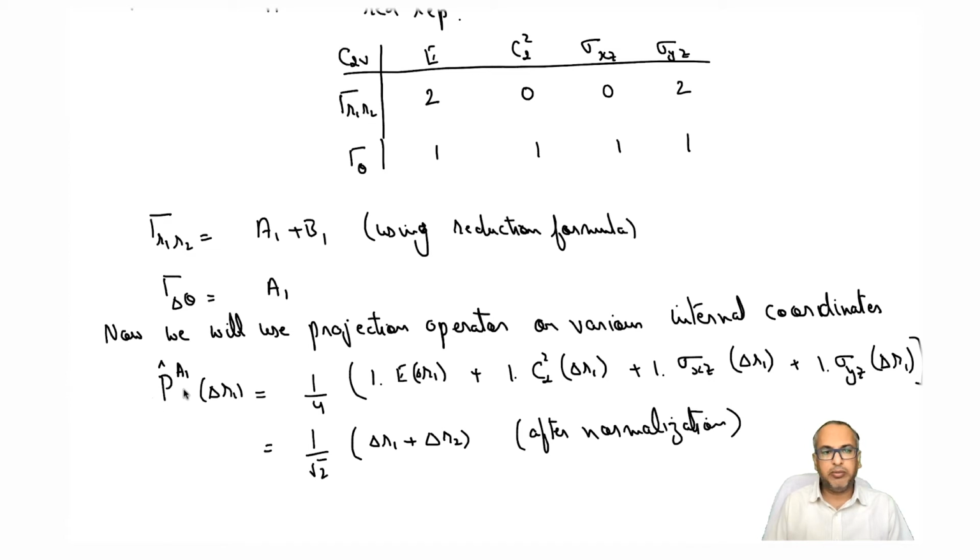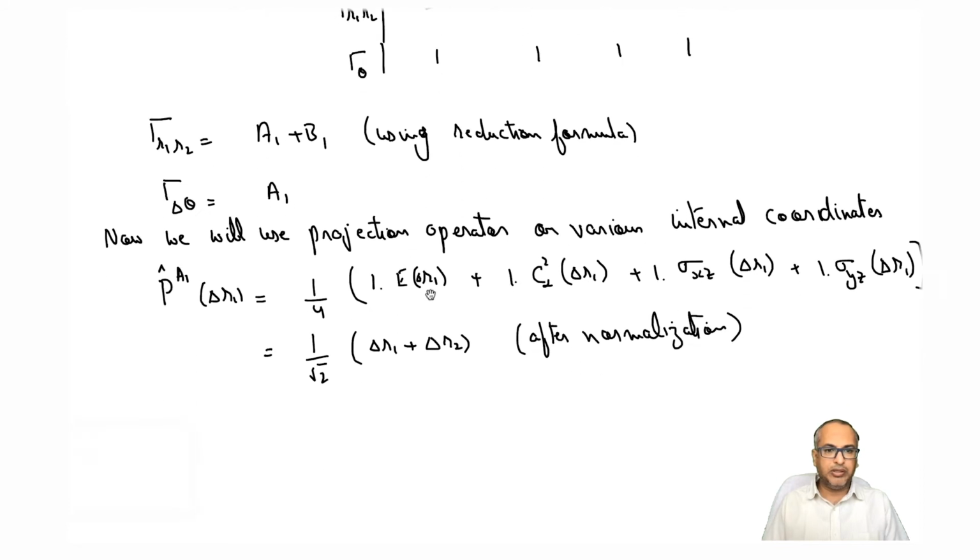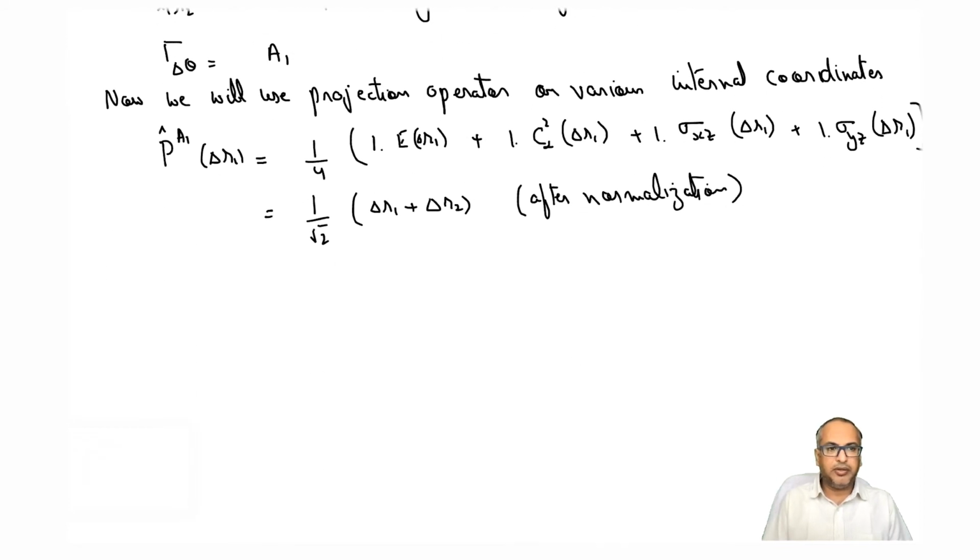See, this is a 1D representation A1. So you will get only one linear combination of the basis sets that will give you one normal mode, right? Now, similarly, if I do the projection operator B1, which comes again from the tau R1 R2, then this is on delta R1, what do I get?